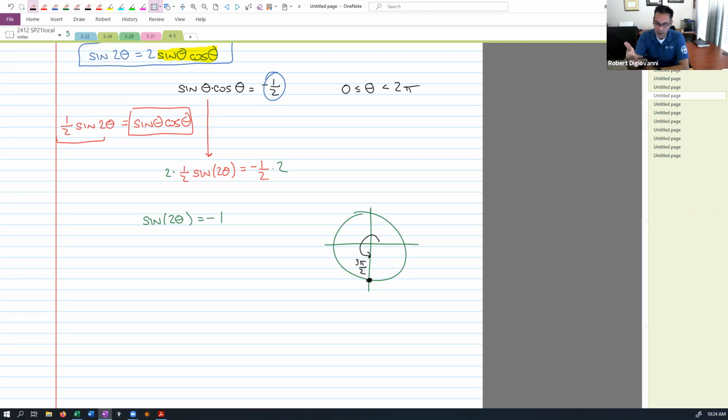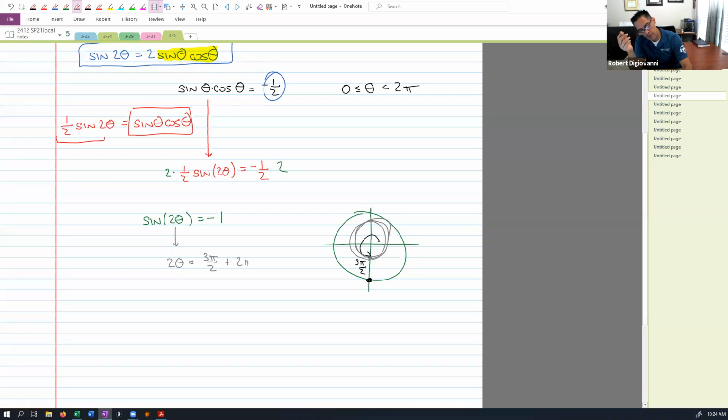But we've already learned how to do this. We need to get all the solutions, so we need to be able to come back to it again and again. So this is where you set the argument 2 theta equal to that angle 3 pi over 2